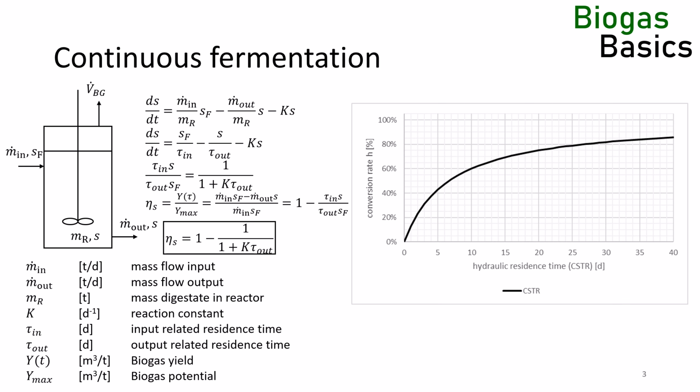We learned how to get the reaction constants from a batch experiment, but is there another way to measure reaction constants, ideally in the real AD plant? And the answer is yes. We can measure the reaction constant from the dynamic behavior of the plant and its reaction to a change, or better, a stop of feeding,